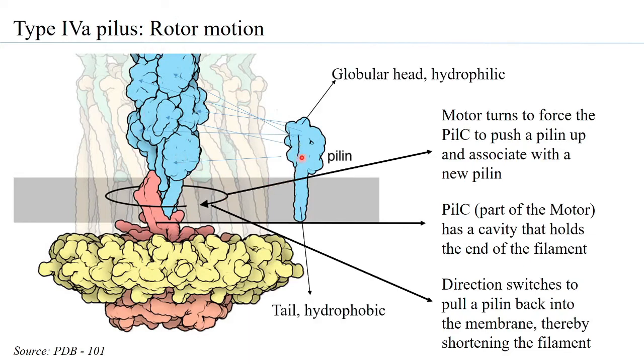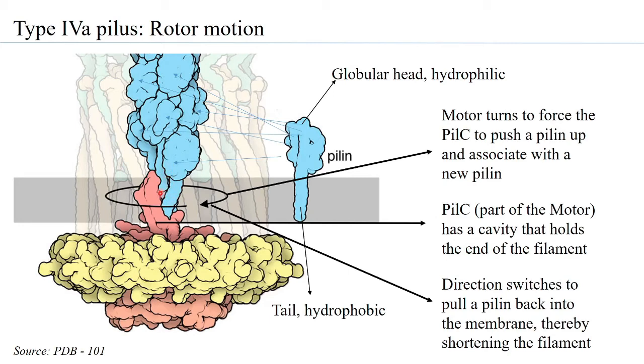If you look at the individual pilin, one very clearly observes that the pilin has a globular head, and this globular head has several amino acids that are hydrophilic in nature, while the tail portion is hydrophobic. The cup of PilC seems to have a lot of hydrophobic amino acids that can interact with the hydrophobic tail. Therefore, polymerization can happen because of the tails of the pilin interacting with each other. So the hydrophobicity allows it to interact.